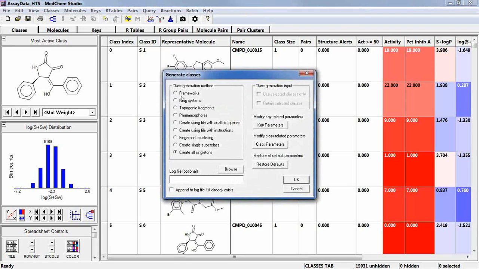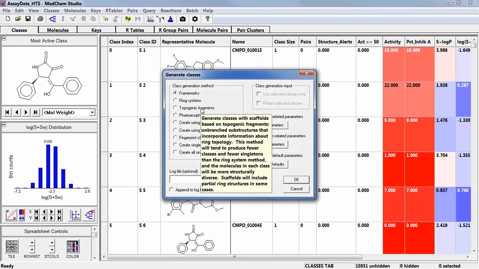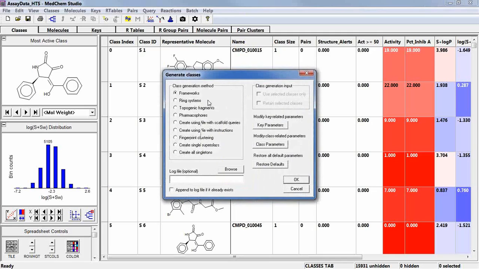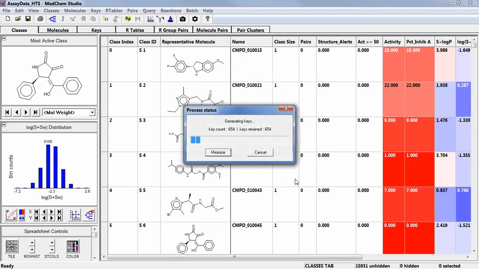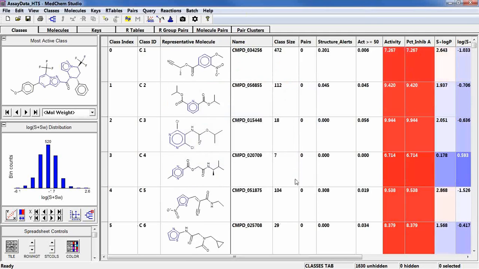The class system I'm going to use is called Frameworks. It was a published paper from a couple gentlemen at Vertex, and it's called Frameworks. It's a very fast method. I'm going to click OK, and it's going to generate the keys and perform the comparisons and then classify these